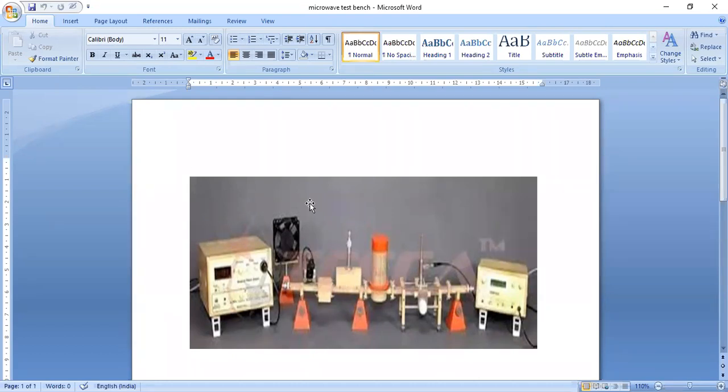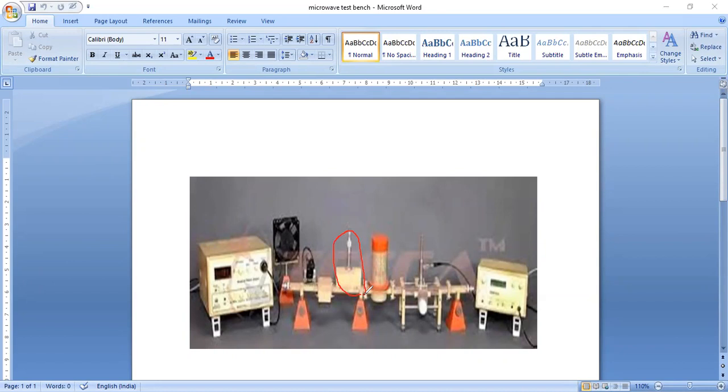And next, we have this, which is most important. There is an attenuator present. We have various types of attenuators, such as the resistive vane attenuator and the rotary vane attenuator, depending upon the requirement. When very accurate attenuation is required, we'll go for the rotary vane attenuator, or else we'll go for a resistive vane attenuator.